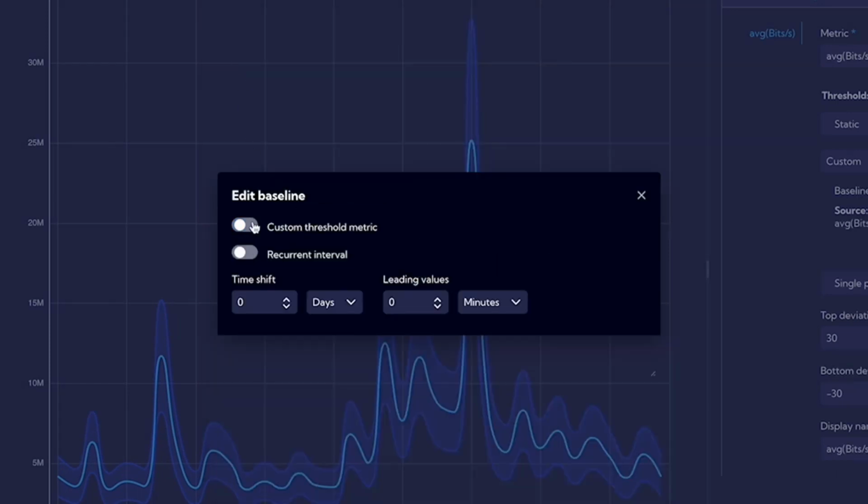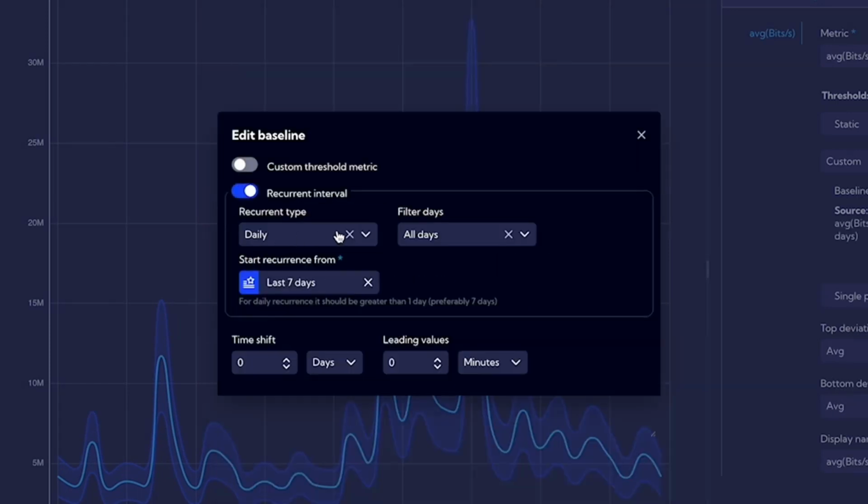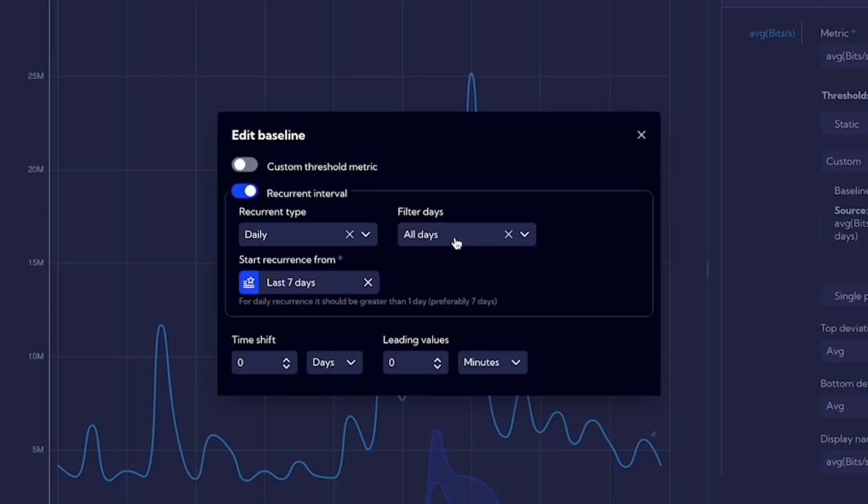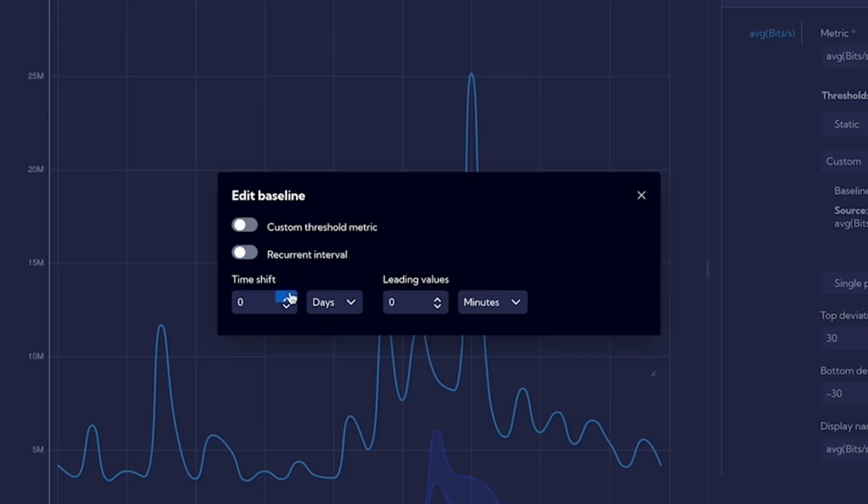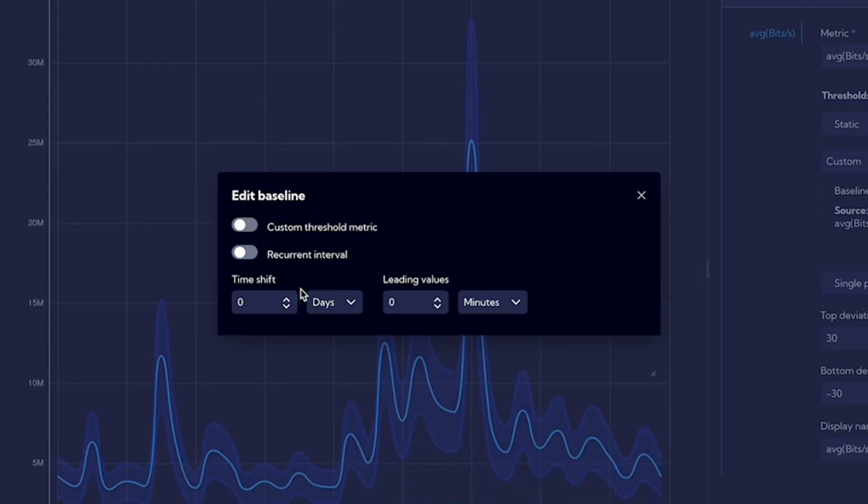There are options to customize the baseline calculation timeframe. For example, we could calculate the baseline only for business days, from Monday to Friday. Setting up time shift of our baseline calculation is also possible. This is useful if we need to compare our primary metric value against the baseline value from a specific number